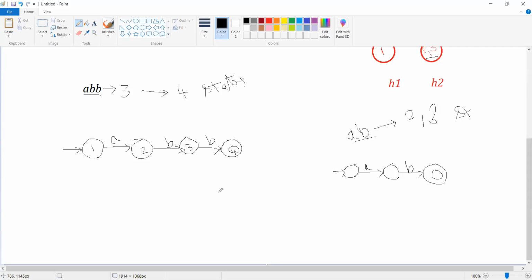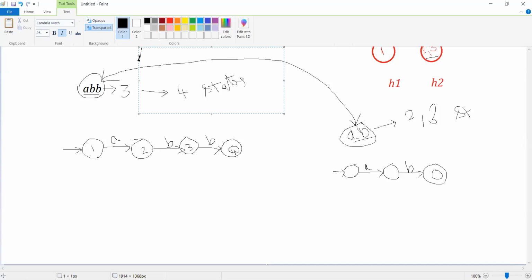Now here we are able to construct the finite automata very happily. The reason is that whether you take ABB or AB, in these two scenarios my language is a finite language.